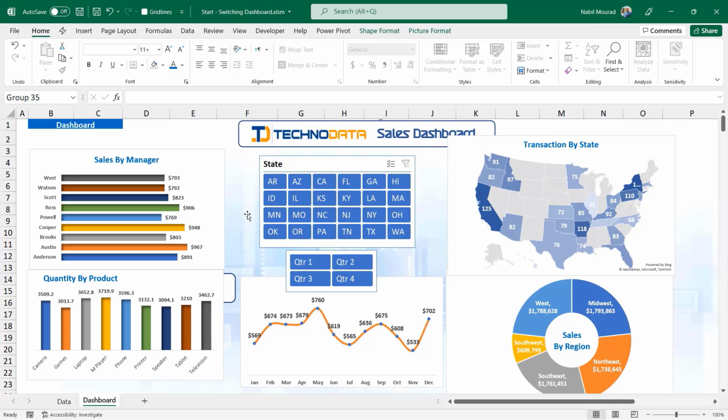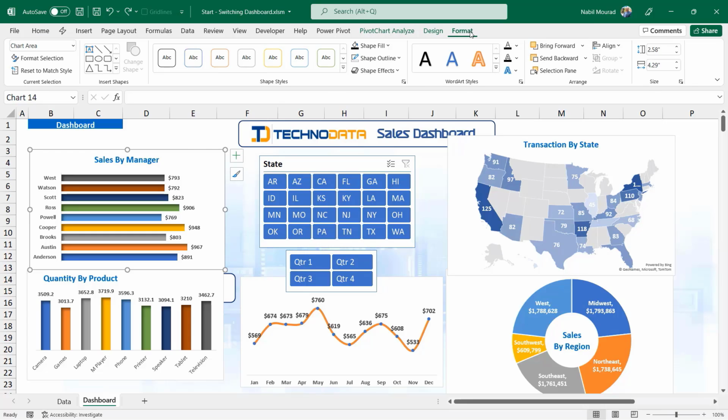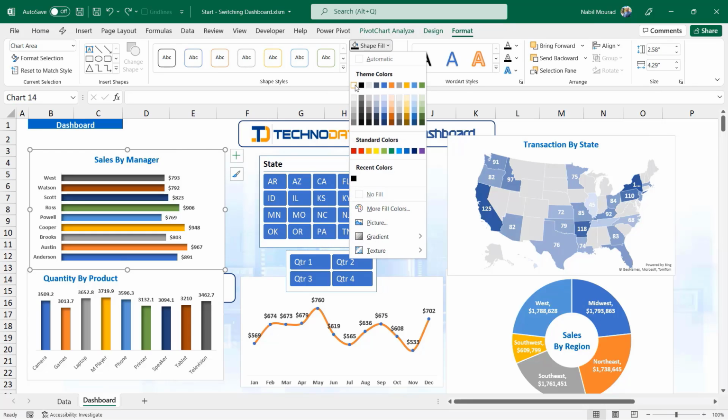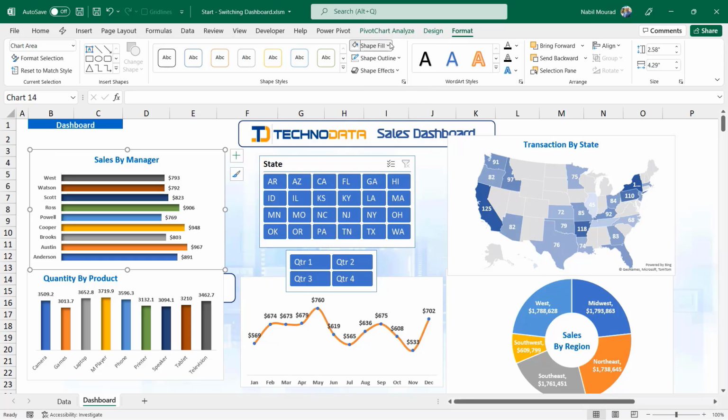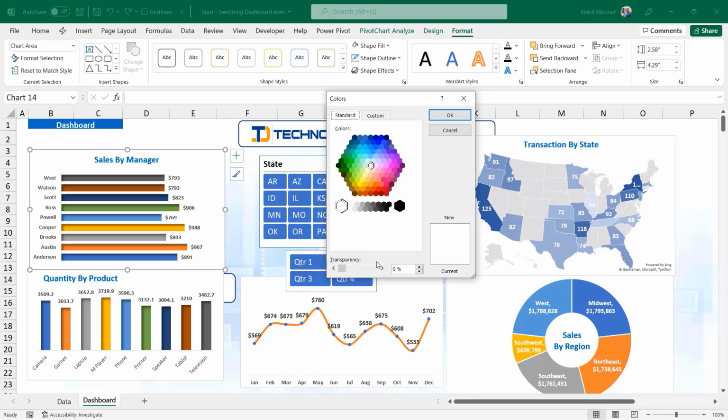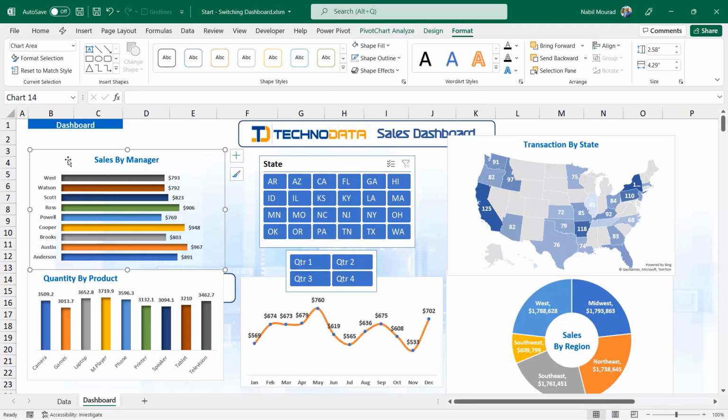Now that I have my visualization in place, I want to position and fine-tune all the charts. And note that for all the charts I have a background. I'm going to reduce the transparency of the background for each one of the charts. So let's start with the first one. On the Format tab, I click on Shape Fill. I make sure that it's a white color. I click on the down arrow one more time. I select More Fill Color to get this transparency slider, and I'm going to set it to 80%, and that's fine. Now through the chart, I can see part of the background, but I can still read all the information